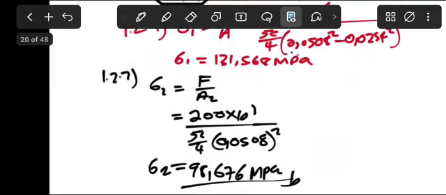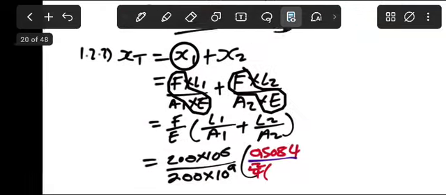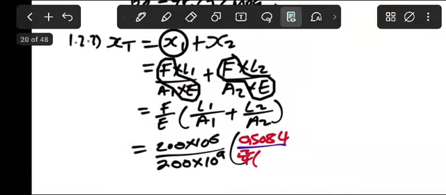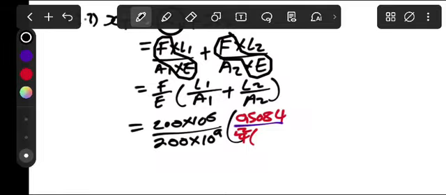So what will be the area? The area will take the diameter 50.8, then divide by 100. This will be 0.0508 squared. All right, this is what we have,